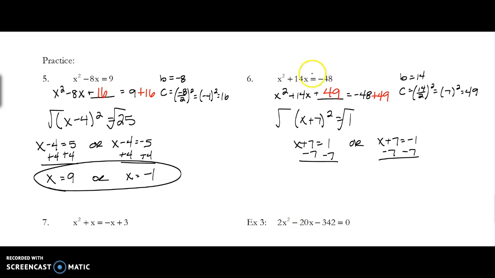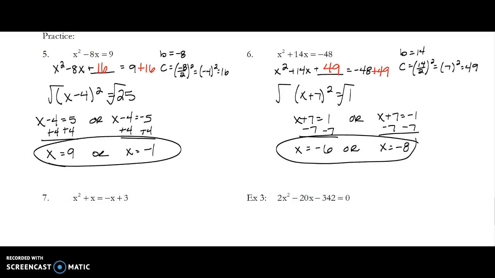In problem number 6, again, it's set up just nice, and we have to complete the square to get this value. So if b is 14, we would substitute that in for c, and c would give us 49. So what we do to one side, you have to do to the other. So we would have the quantity of x plus 7 squared equals 1, negative 48 plus 49. After we square root both sides and solve, we're going to get x is negative 6 or x is negative 8, and that would be our answer. So go ahead and look at,